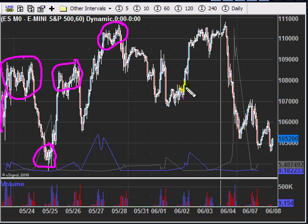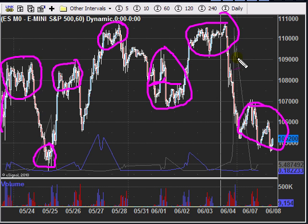You can see you get all this. Depending on how big you want to count the chop, you start to get these sharp sell-offs and rallies, and that's kind of what we're getting down here. It's oversold, but it's getting choppy. So I'm expecting a move up, which is why we took a small long position over the next couple of